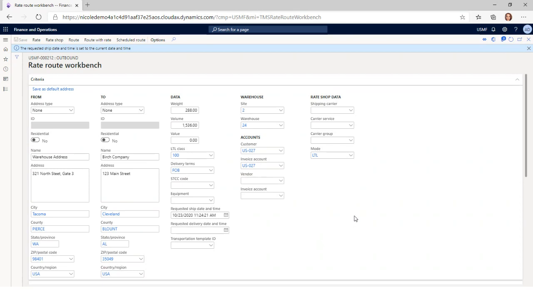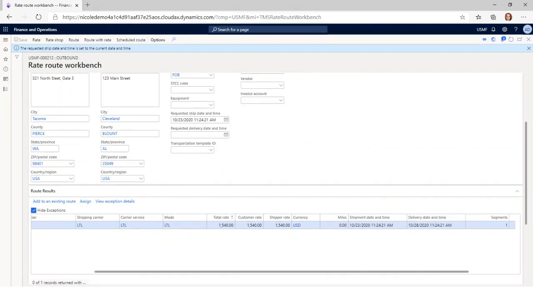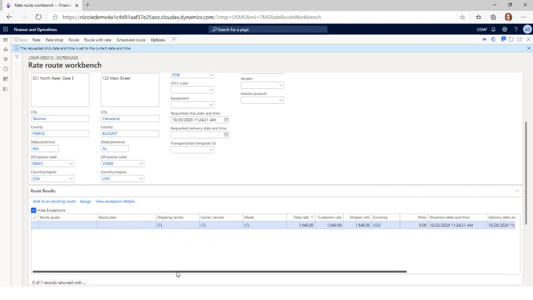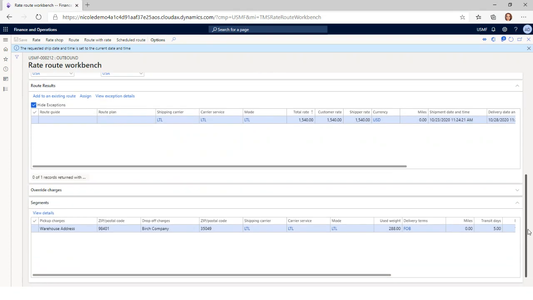So I just hit the rate button. It kind of looks like nothing happened, and that's because we have to scroll down in our form to see our results tab here, which is kind of the middle of the form. You'll see we do have some additional tabs below. But here in the route results, that's a little misleading. This is also rate results, but you'll see I got a total rate for my LTL shipping carrier of $15.40 US dollars. And if I want to see the details of that, I can come down to the segments and